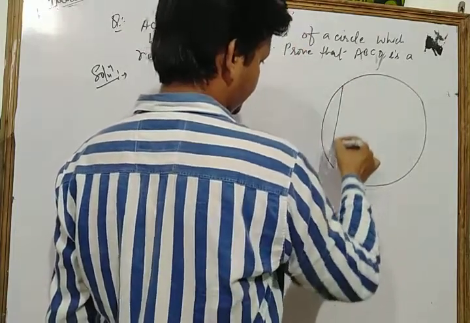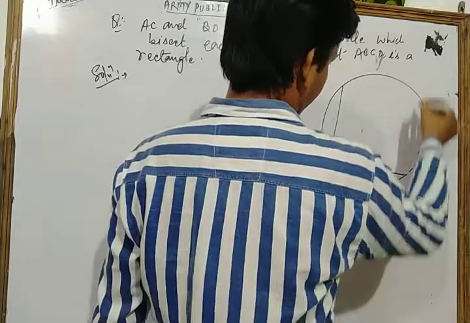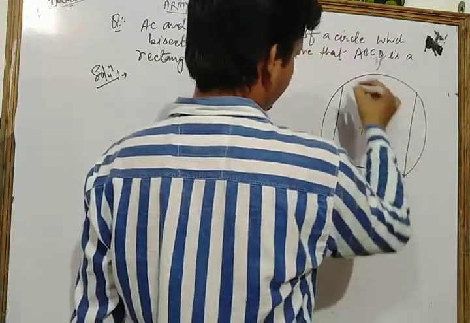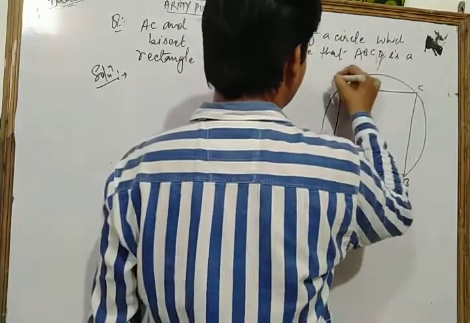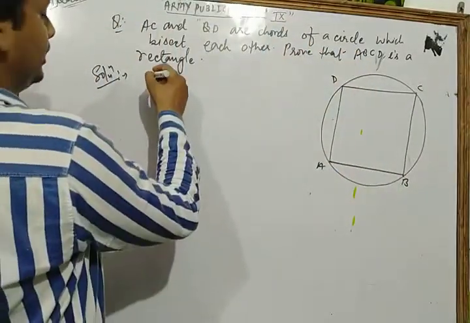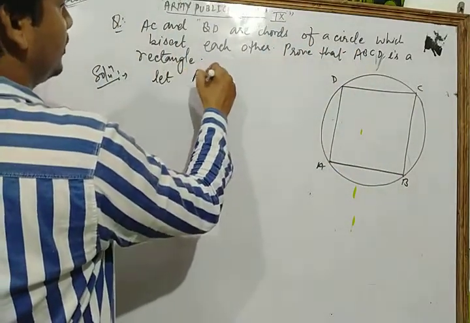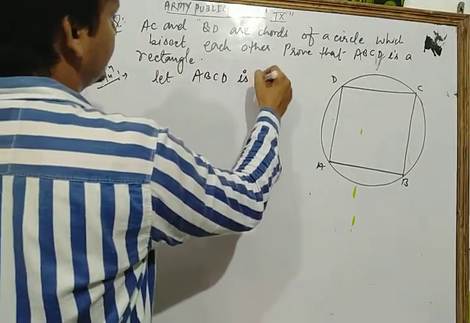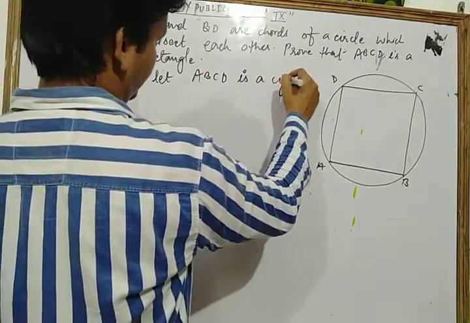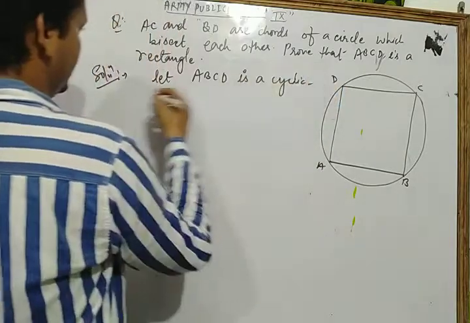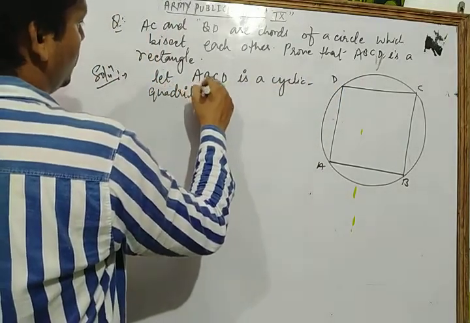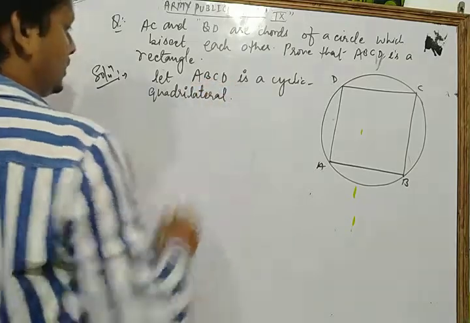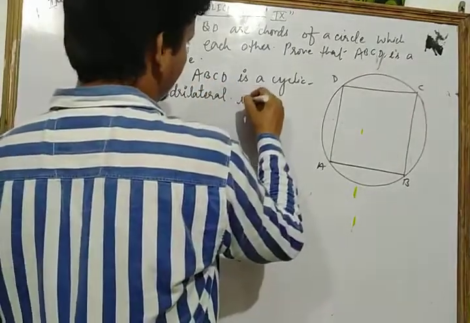Let us consider ABCD is a cyclic quadrilateral in which